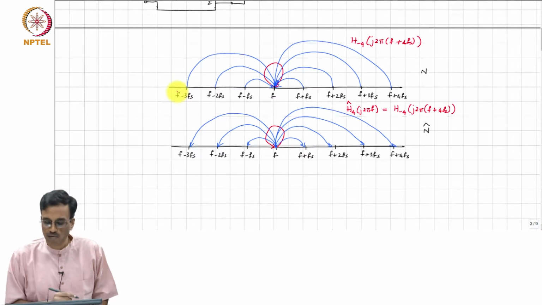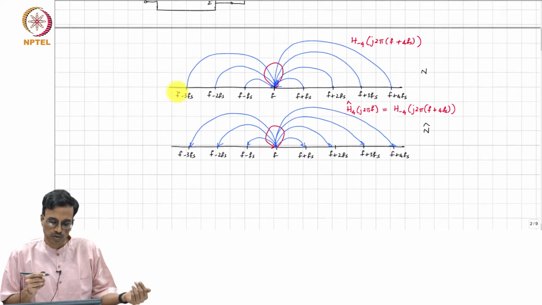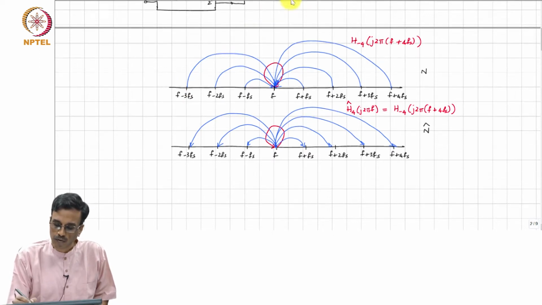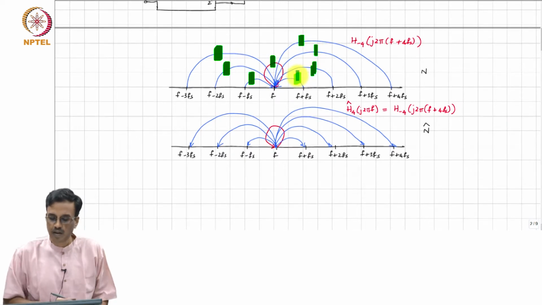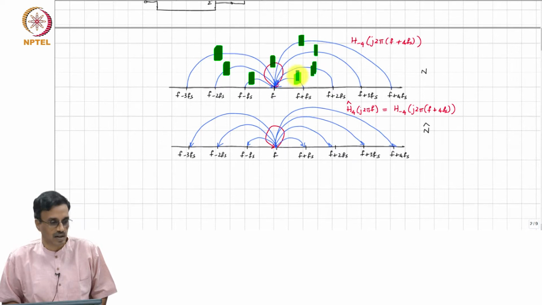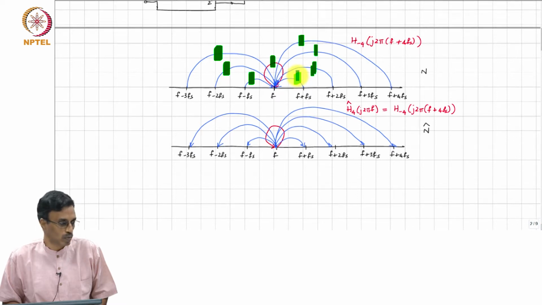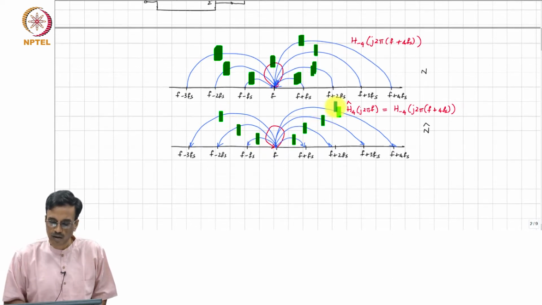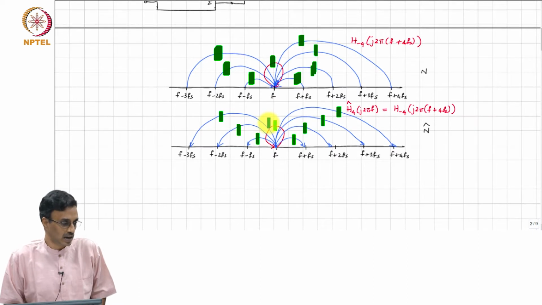So, if we wanted to find the contribution of a single source to an output frequency at f, you would have to calculate the strength of all these, right, 1, 2, 3, 4, 5, in this case 8 transfer functions, and if you did this by superposition, you would do it one source at a time. Now, what are we doing in the adjoint? You just basically apply f, and in one shot you get all these transfer functions without any sweat, or rather with lesser amount of sweat than you would need otherwise.